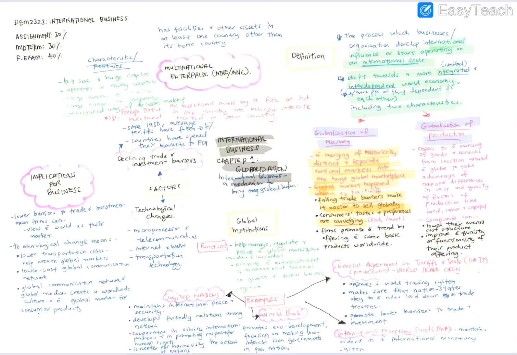For example, you buy something in China. Why do you want to buy something in China? Because the things or stuff that you buy actually meet your taste and preference. Okay, then we have firms promote the trend by offering the same basic product worldwide. As you can see,